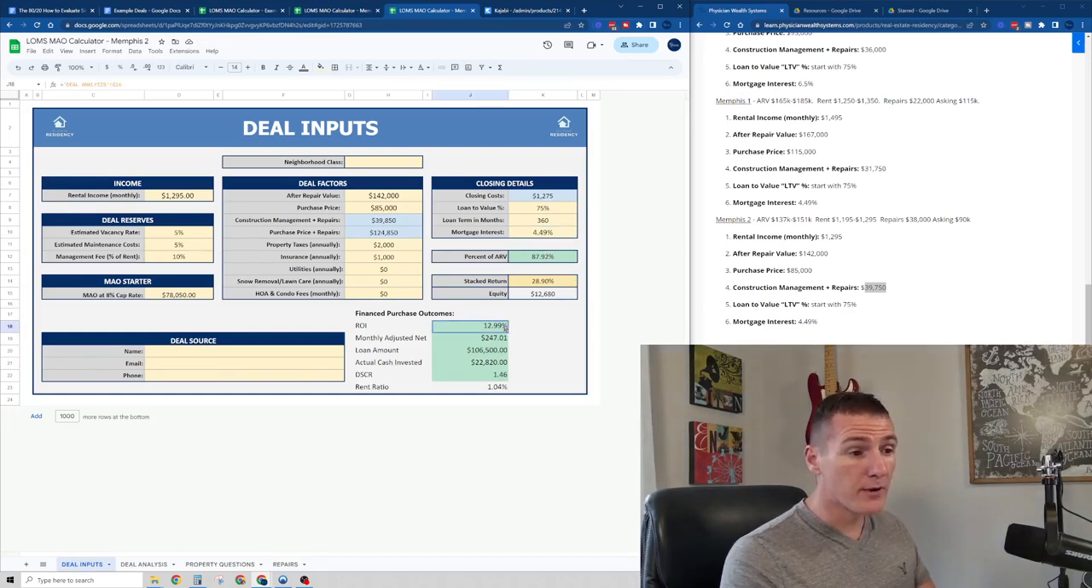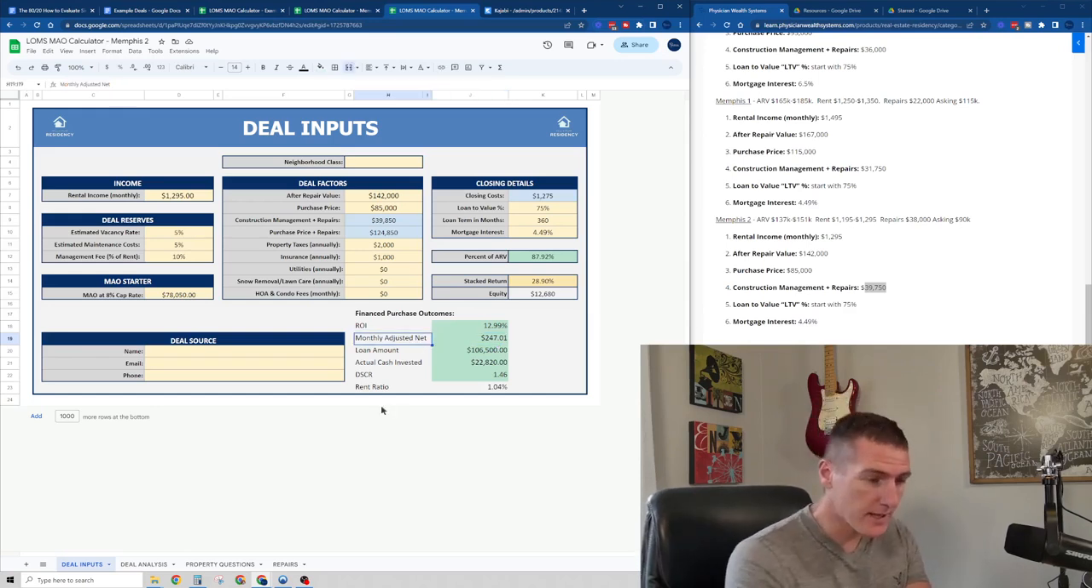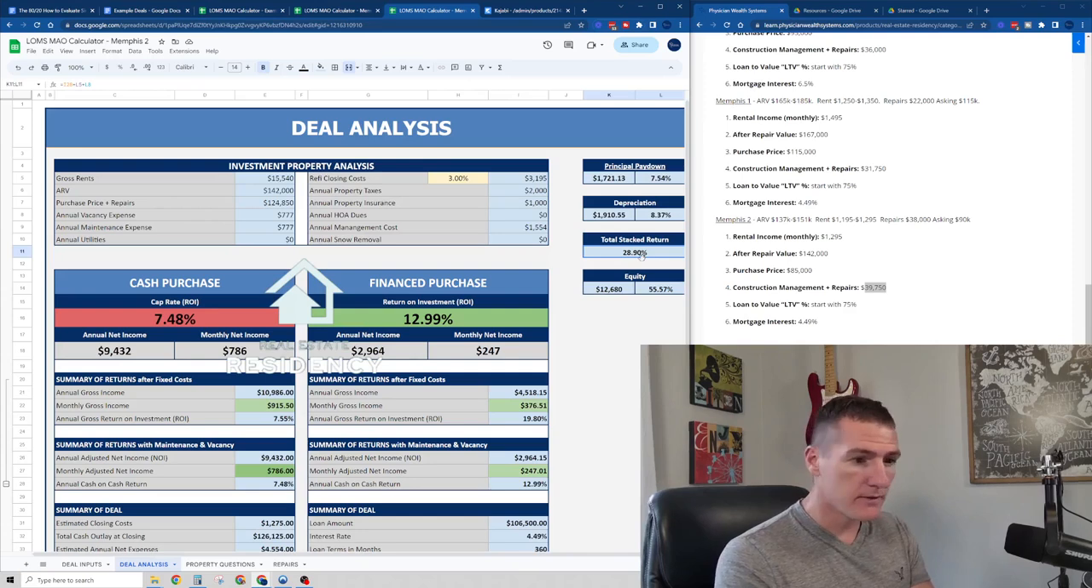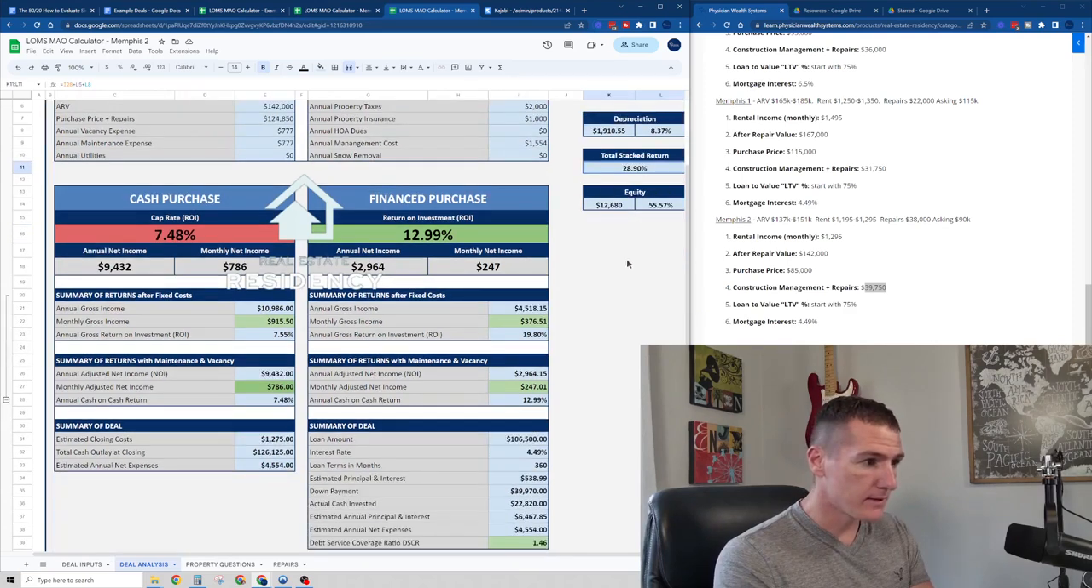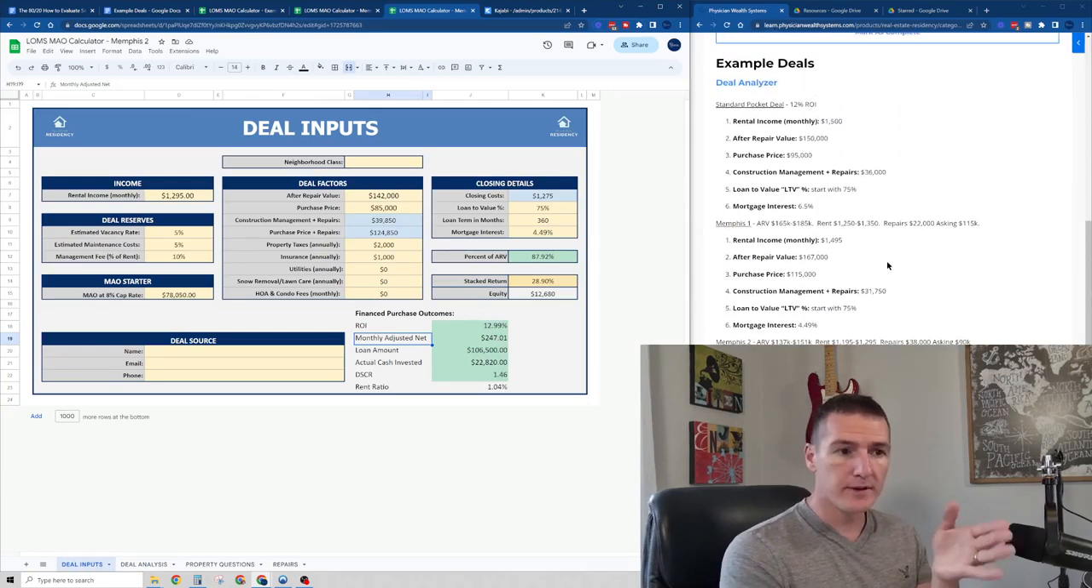So this one finished out right around 13 with a 250 a month. Net adjusted, adjusted net income. And if we look at our stack on this one, we're right around the 29 mark. So good deal. And on the cap rate, it was 7.5 on the cash purchase. So good deal overall. All right, we've looked at 3 different deals here, and you can see there's some adjustment